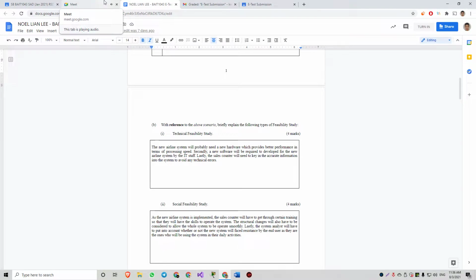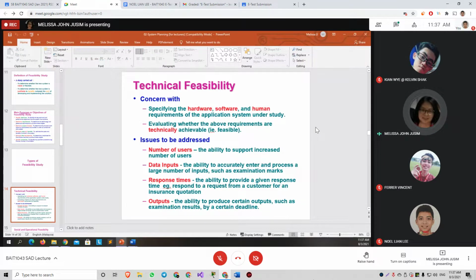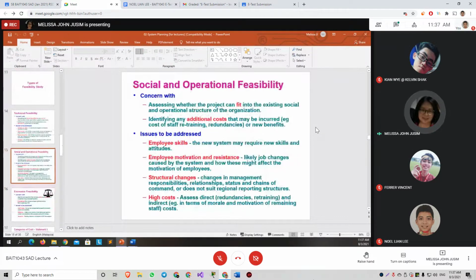So you need to mention this, whether they have the hardware to handle, say, for example, a number of users, or perhaps they have the human requirements to operate the current system. Okay, that is about technical feasibility. If you mention this too, you get full mark, as long as you mention the airline system.